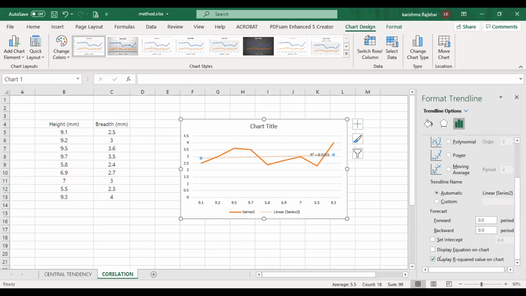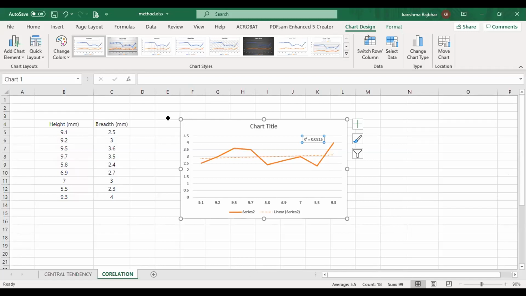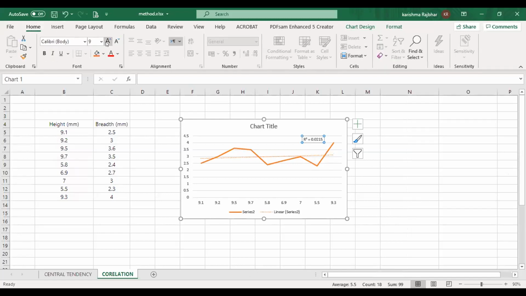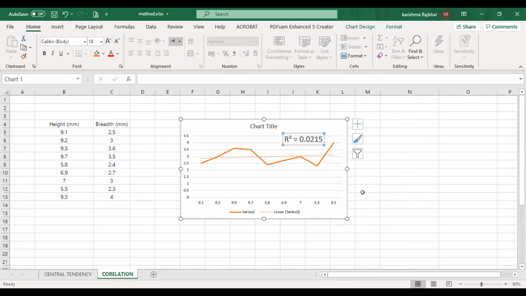See, now I have selected display. Now see here, what is the correlation here? Are you able to see? I will just maximize that data. Now what is the R square here? 0.02. So how is it correlated? Positively correlated, or it is nearly not a relation, because it is 0.00.